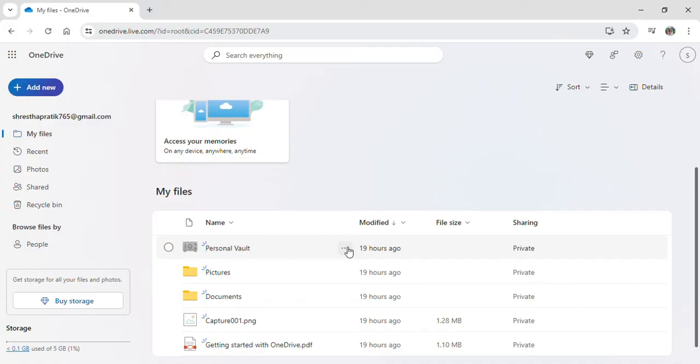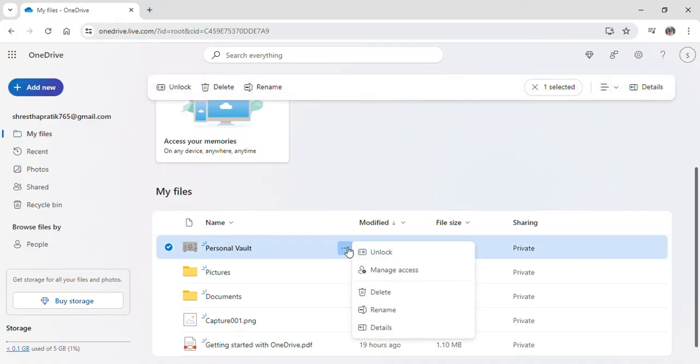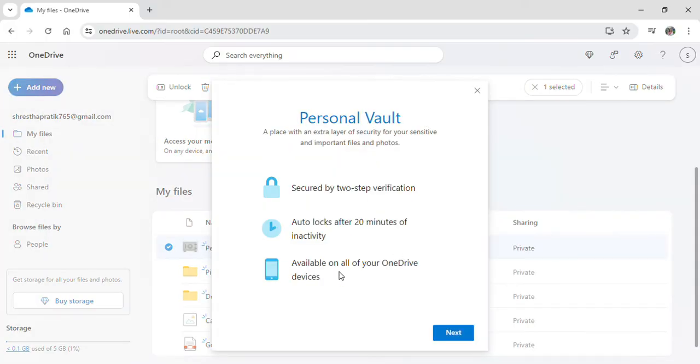Here you can see that three dot option. Simply click on it and now you'll be able to see the unblock option, if they have blocked it, or by default you'll be blocked. To unlock or unblock, simply click on this unlock option, and after that you need to perform all of these